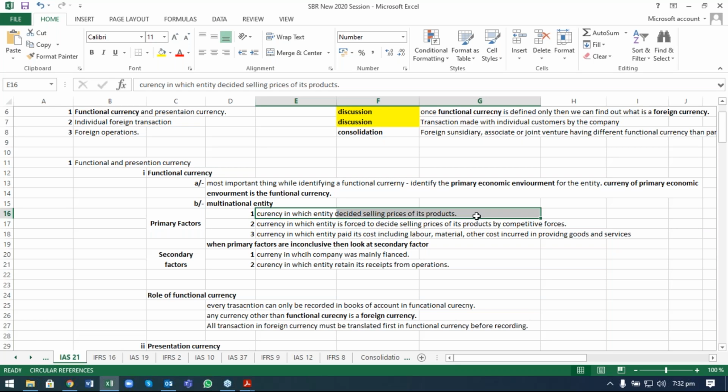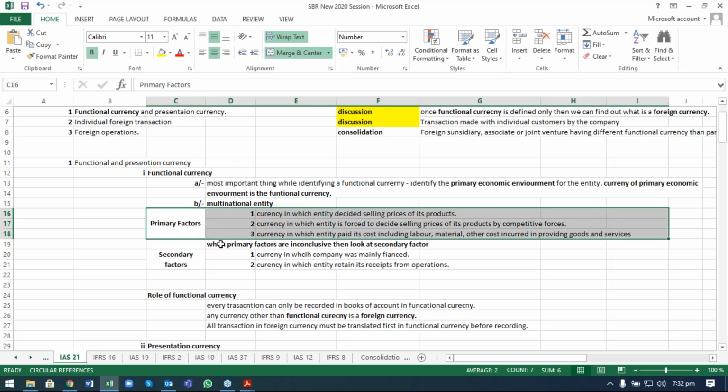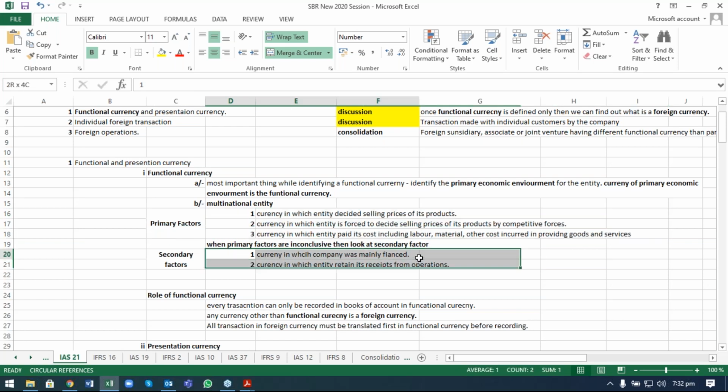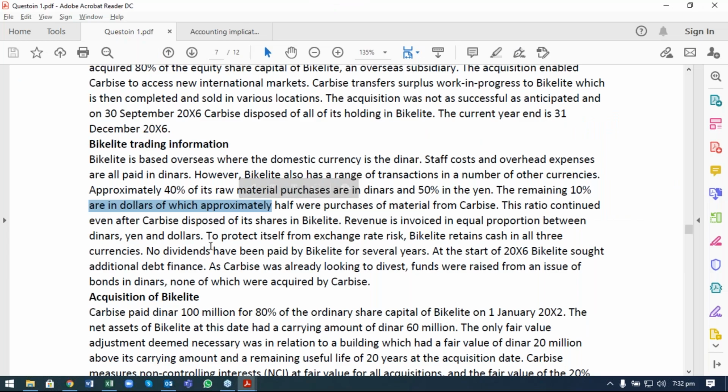The only information available to us in this scenario is that the company is selling its products in 3 different currencies in equal proportion, in equal ratio, right? So the primary factors are inconclusive. So we're looking into the secondary factors. The first factor is the currency in which the company was mainly financed. Now if you're looking into